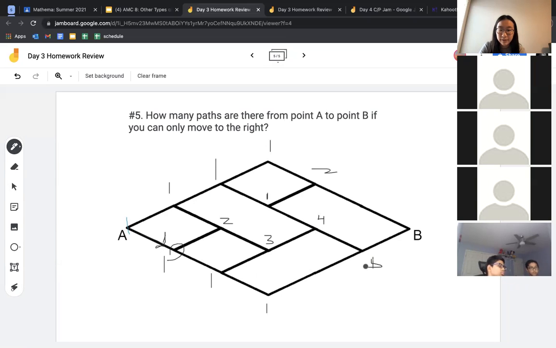Oh, wait, sorry, that would be a 5. Okay, 5 because 4 plus 1. And then finally we get 2 plus 5 equals 7. So 7 is the answer. But then another way to do it is just to